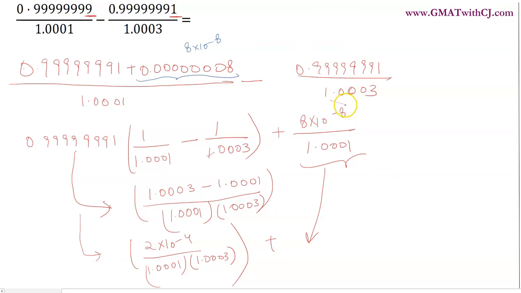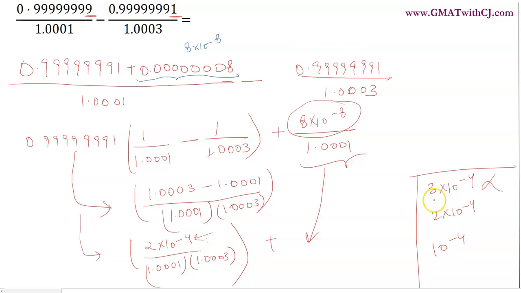Now again we can see this number is 10 raised to minus 8 and this number is 10 raised to minus 4. So there is a huge difference in the magnitude of these two numbers. So we can almost ignore it if we are approximating the number. Now we can look at the options. Again, the closest options are 3 into 10 raised to minus 4, 2 into 10 raised to minus 4 and 10 raised to minus 4. Again we can eliminate 3 into 10 raised to minus 4 because this number is not going to get 3 into 10 raised to minus 4. That would require us to multiply this with 1.5, which is not there, and this number is not half of this, right?